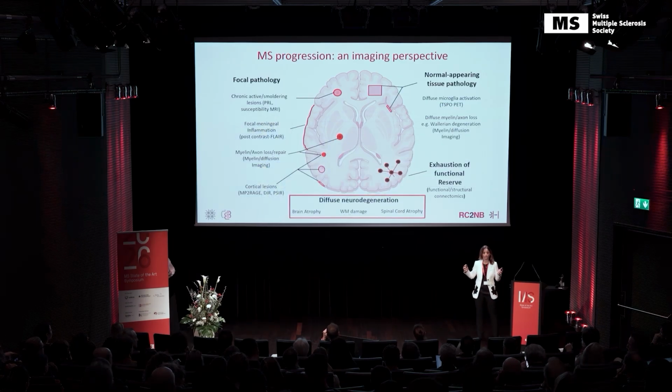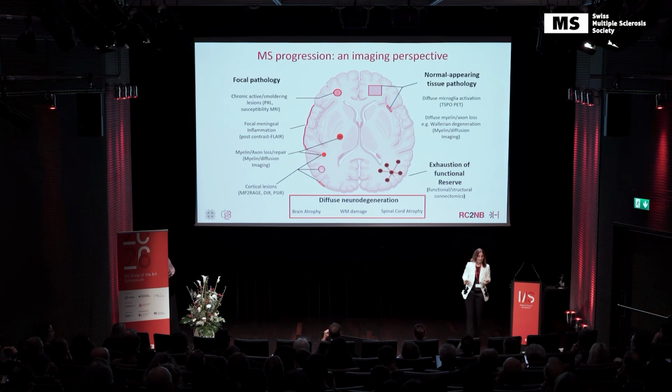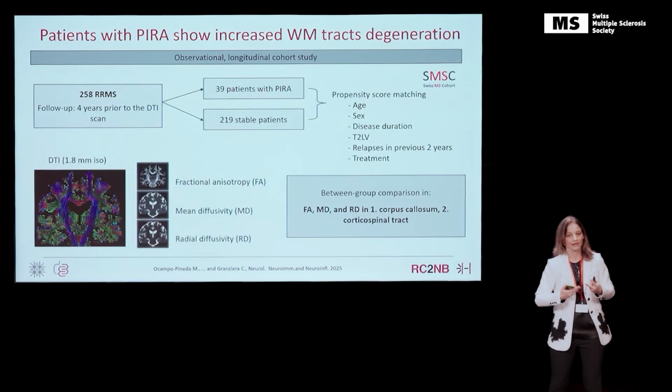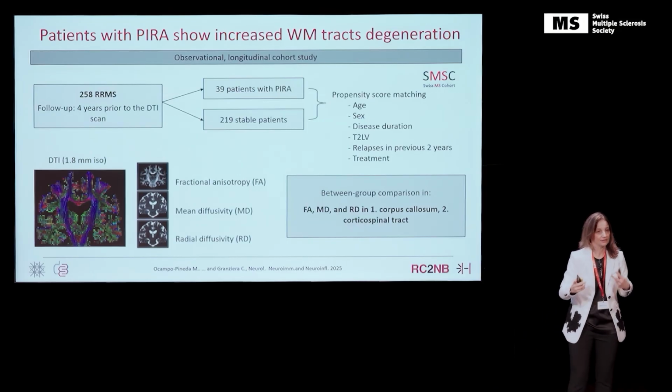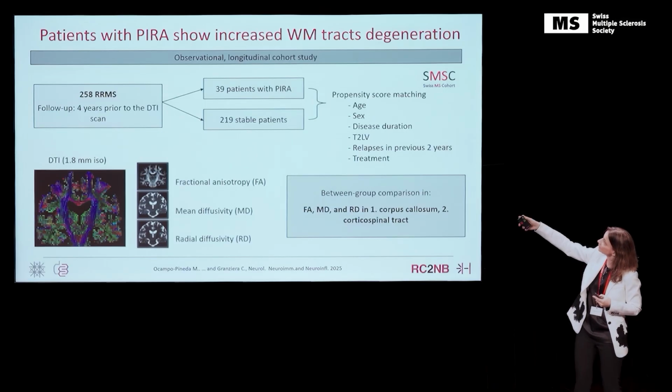And then I would like to confuse with the diffuse neurodegeneration, which means we don't take out the lesions, we focus on the global changes from an imaging perspective in the brain and in the spinal cord. And again, studies from the Swiss MS cohort. The first one is the one that showed that we wanted to look at these tracts, white matter tracts that we can image. And you see here, not all the centers have this DTI protocol, so we used the data that we had. We analyzed these 3 parameters.